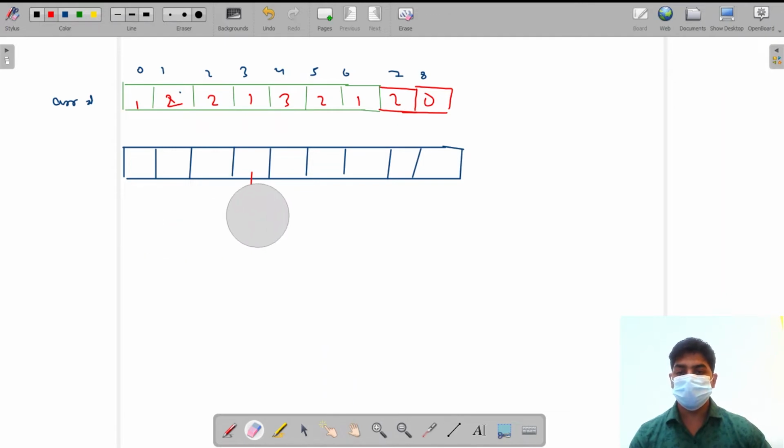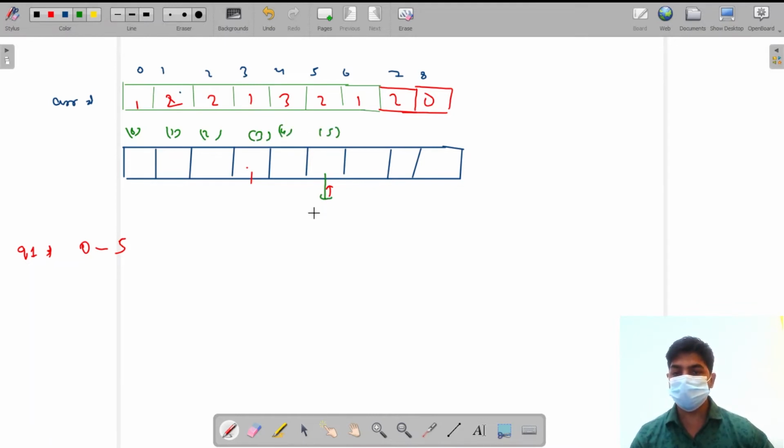We know that at each index I am going to store the XOR of all the elements from index 0 to the ith index. Suppose a query is given to calculate the XOR from 0 to 5. This is already stored at the 5th index, right? 0 1 2 3 4 5.